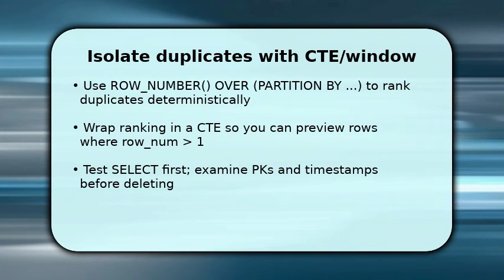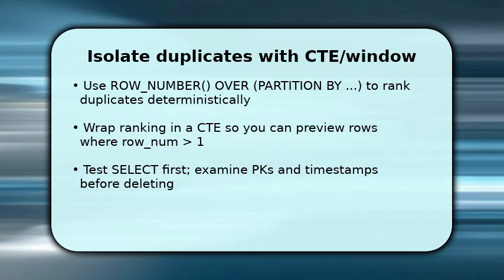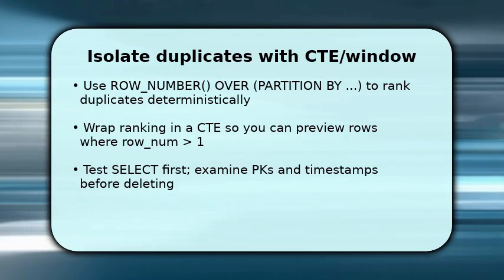Now isolate the exact rows to keep versus remove by using a window function. ROW_NUMBER() OVER (PARTITION BY col1, col2 ORDER BY preferred column DESC). Put that logic inside a CTE so you can select rows where row_num > 1 and verify you will remove the